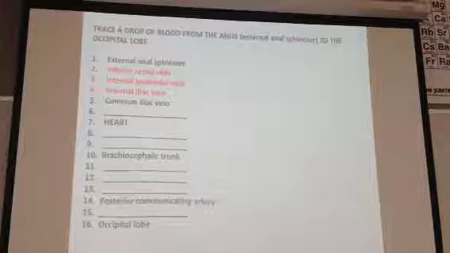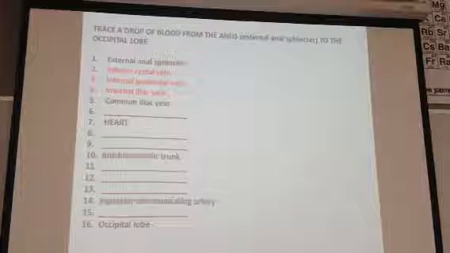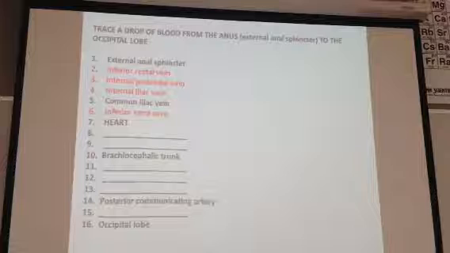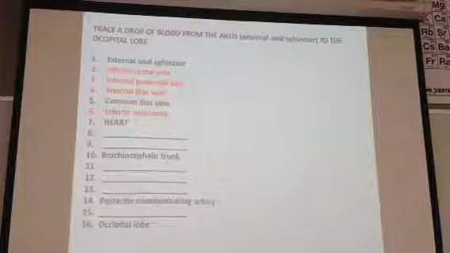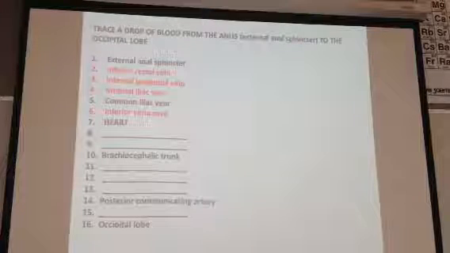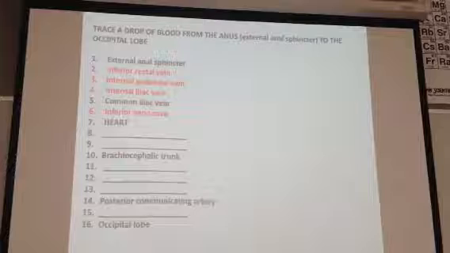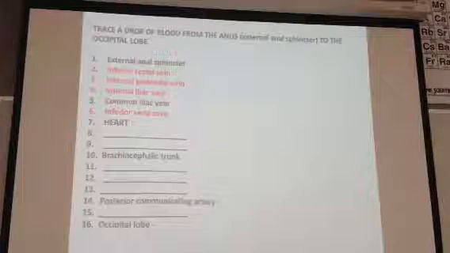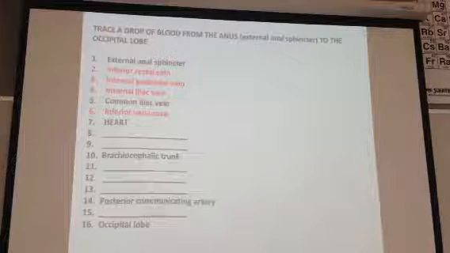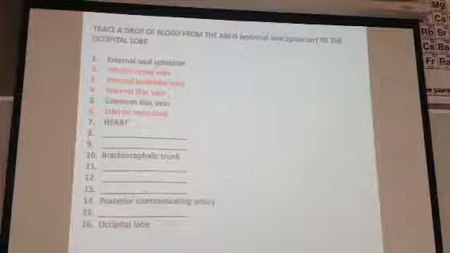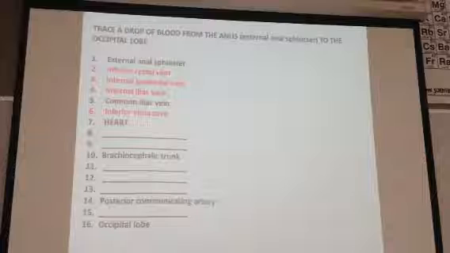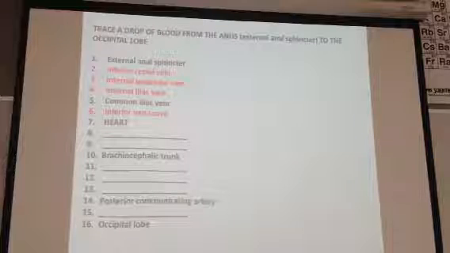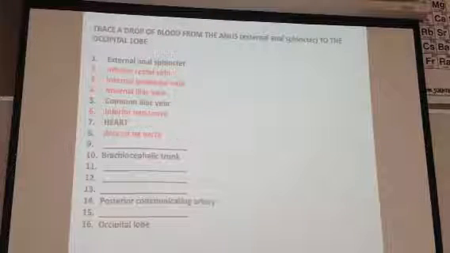All right, so from the common iliac then, it's going to go into the inferior vena cava. And I typically put heart. Now there might be a situation where I want you to trace it through the heart, but I typically will put heart there. That means you don't have to go right atrium, left atrium, pulmonary veins, arteries, whatever. That's all taken care of, and now we're leaving the heart. And so now we're arteries because we're leaving the heart. So we leave the heart via the ascending aorta,